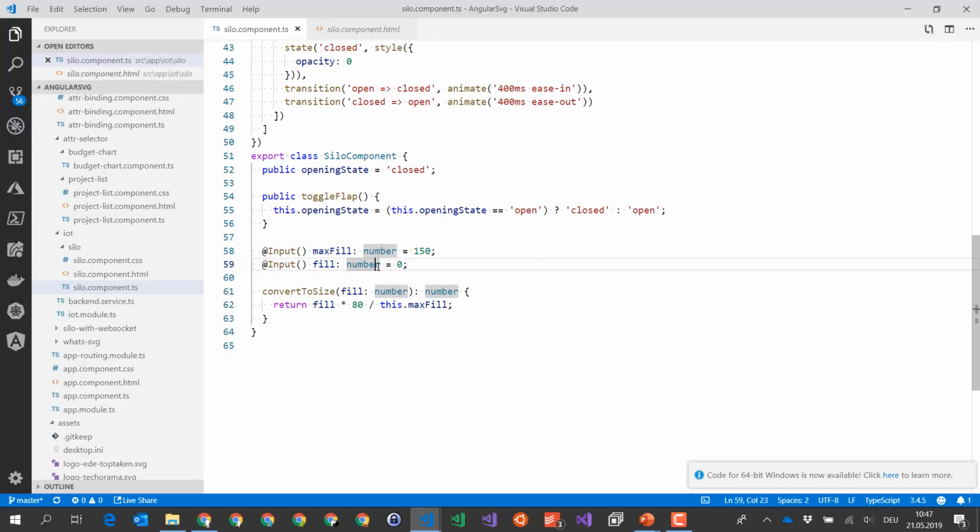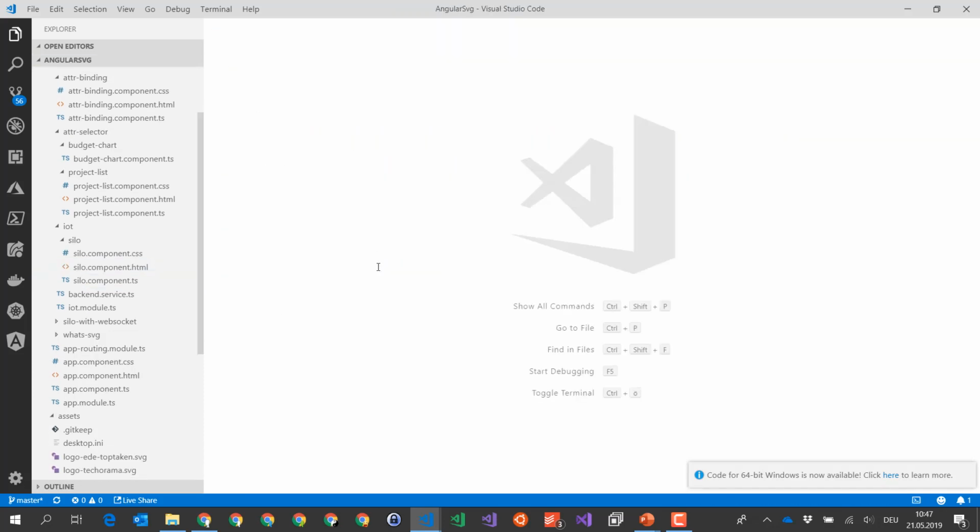Any questions so far concerning this sample? This is an important one because it combines DOM, SVG, TypeScript. Good? Nice. So for the last few minutes that we have, I would like to go into the last topic,